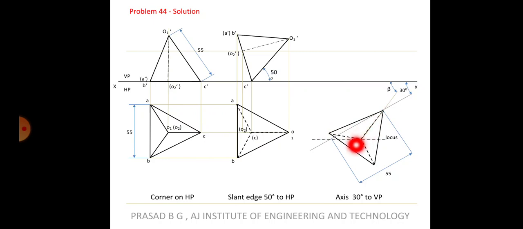Of course you can extend it and find O2 also, but measure the distance from C. C to A distance you would know in the compass, so keep it here and cut one arc. O1 to A distance you know, keep it at O1 and cut the arc, you get the point A. Similarly, C to B distance you would know, keep the compass at C and cut somewhere here. O to B you know the distance, keep it at O in the compass and cut it here, so you get the point A as well as B.